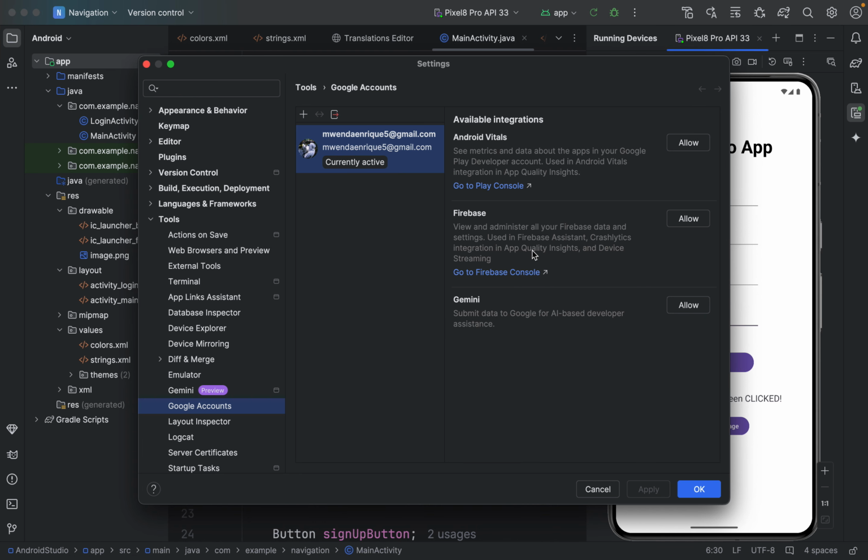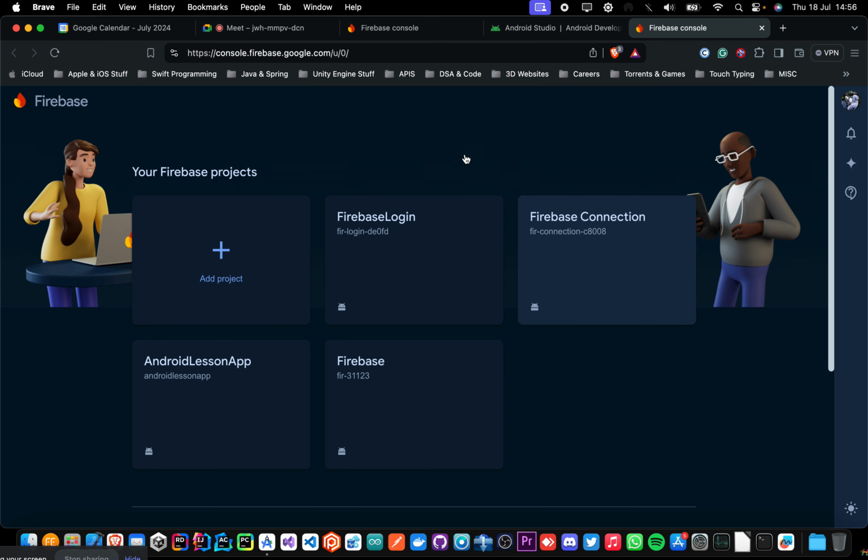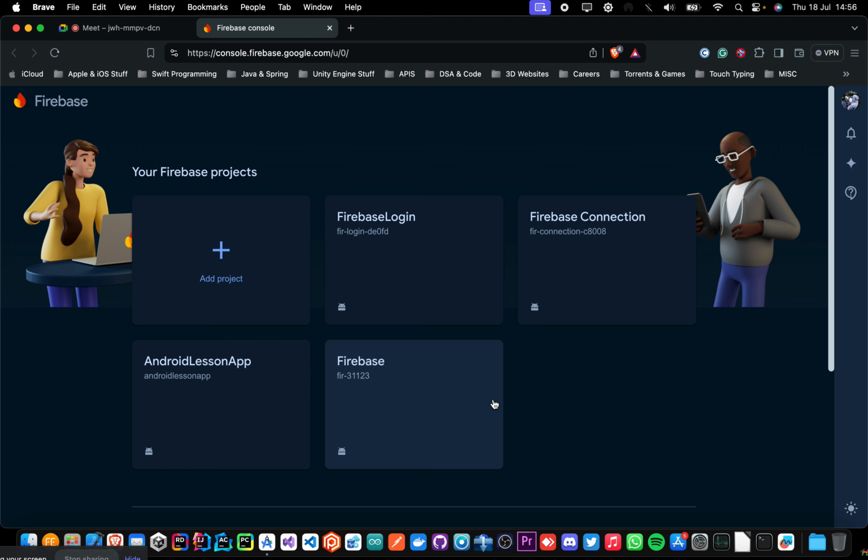Now what I want to do is, after I've connected my Google account, I click go to Firebase console, and that will open the exact same page that the browser had opened. And as you can see, it has opened the exact same page. And let me just close all the others so that we can just deal with 2 pages. And after doing that,